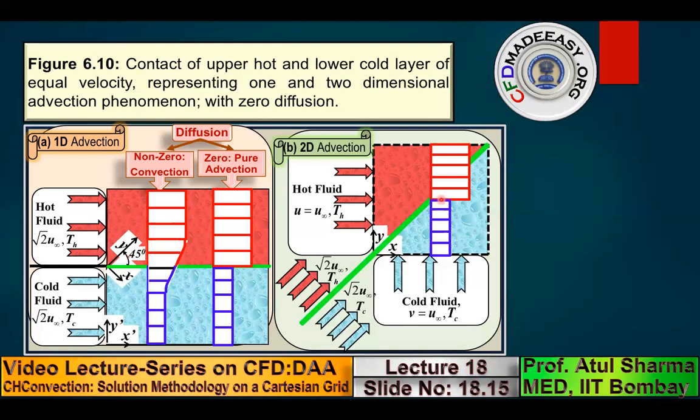Note that our advection scheme was involving a one-dimensional interpolation or extrapolation procedure, whereas we are talking of a 2D advection. So since our approximation involved 1D extrapolation and interpolation, it leads to certain inaccuracies that are reflected later on in the example problem, which I'll show you. However, as you keep refining the grid, the solution approaches the analytical solution that is shown here. So what I mean is that if you refine the grid for any advection scheme, you will approach capturing the step change in the temperature for pure advection.